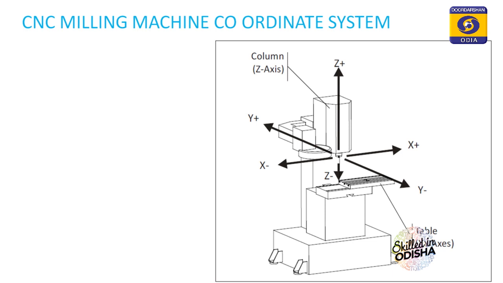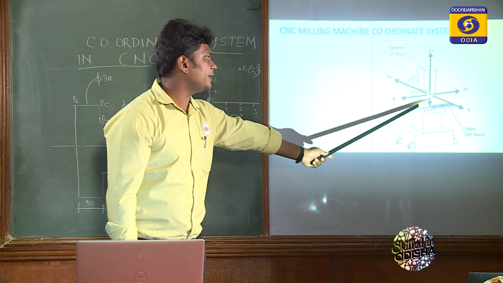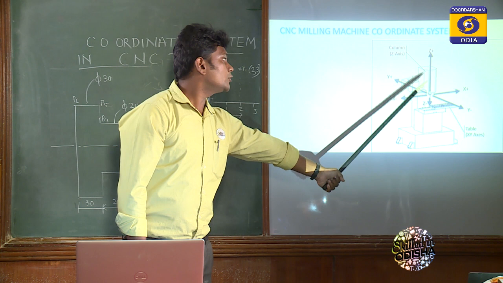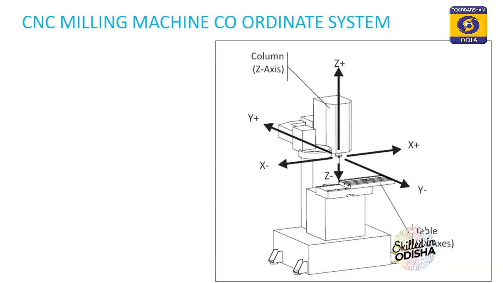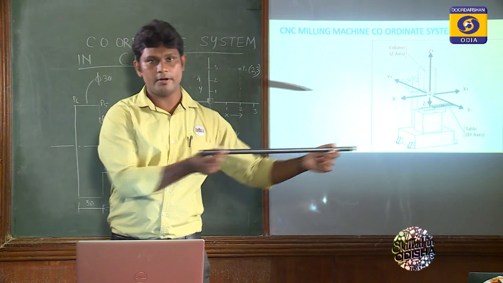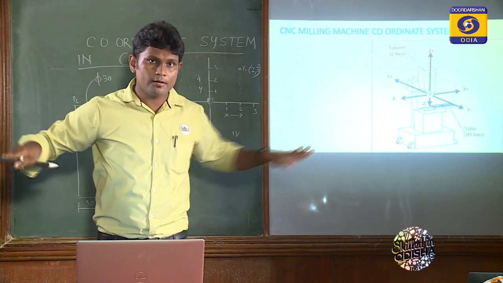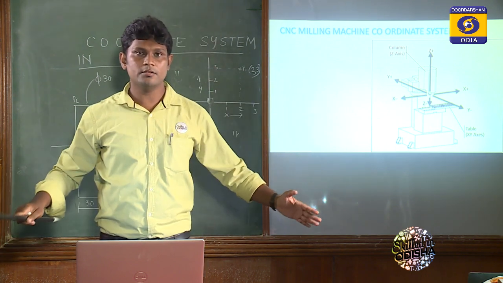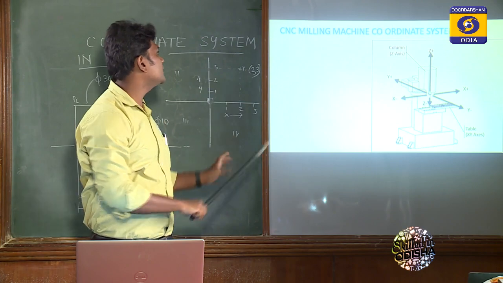Now, in the CNC milling machine or vertical machining center, we have the axis convention in the coordinate system. This one is the spindle of the vertical milling machine, where the motor is fitted or the tool is mounted. So always in the machine, the z axis will be parallel to our spindle. That means vertical represents the z axis, and in the plane, this one will be our x axis that I discussed in the last class, and this one will be our y axis. Both x and y lie in the same plane, that is the table plane, and z will be perpendicular to them. This is the axis convention of the CNC milling machine.